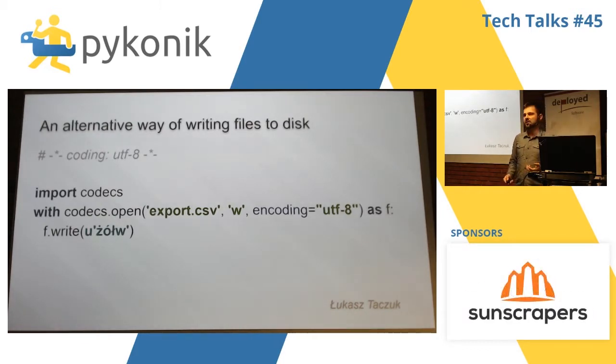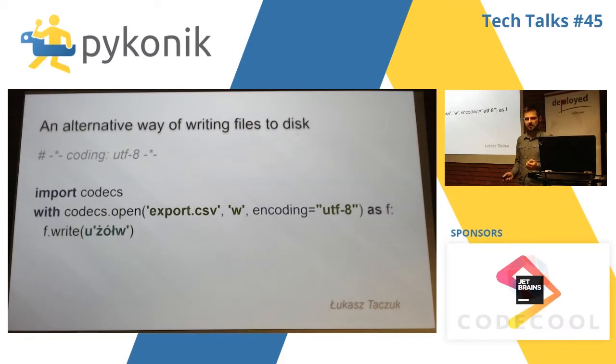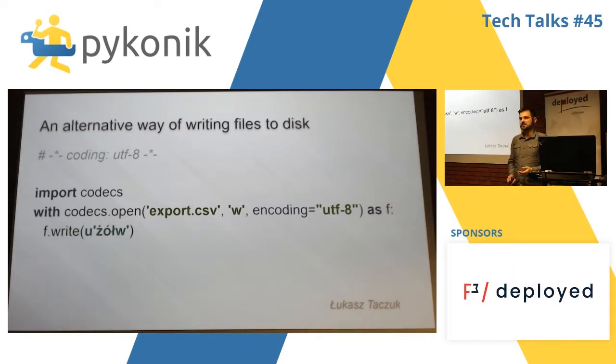Using the codecs module, you can open a file and specify an encoding, which means that when you try to write a Unicode object to it, the file will know how to convert it because you will have provided that Unicode UTF-8 encoding, meaning that the following code will work just fine. So this is maybe not a workaround, but it's one of the ways of coping with writing Unicode objects